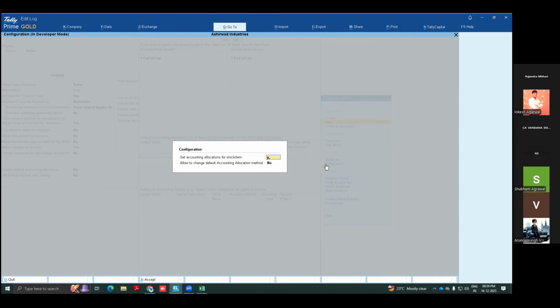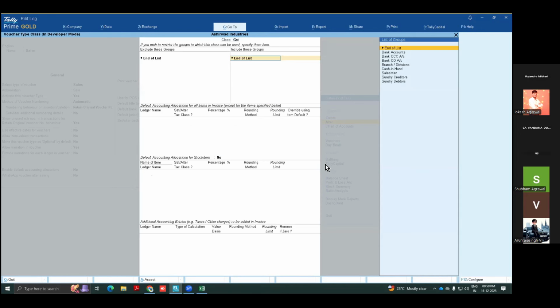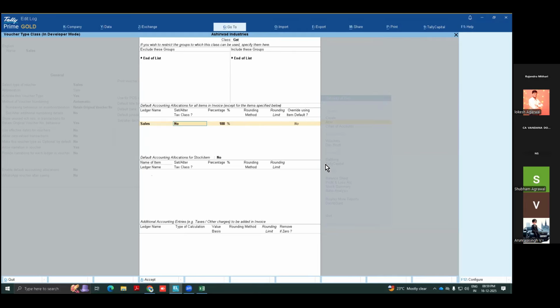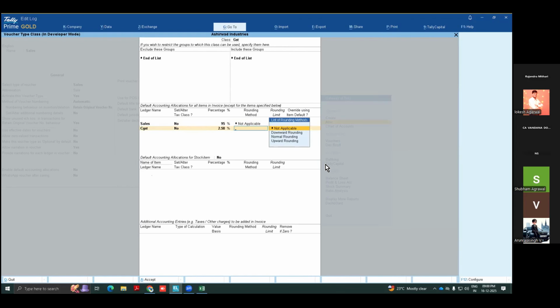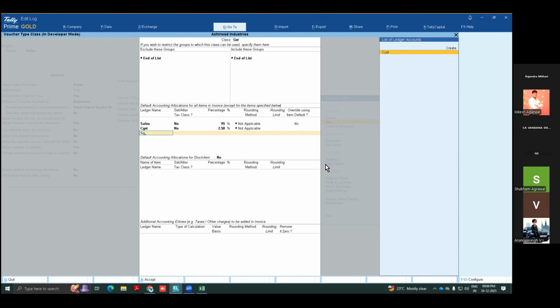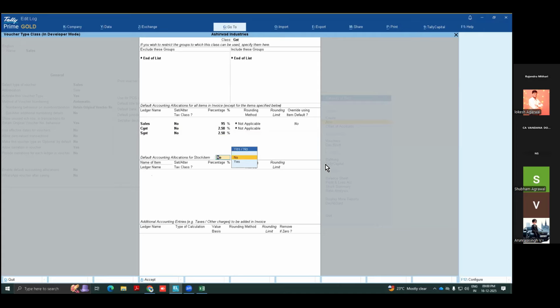This is the option. Always set it to yes and enable this. And here you can see they are doing it this way. Suppose the ledger name is there, and you are going to change your percentages. So 85%, something is calculated there, 86.4, whatever. And suppose my company has only a 5% GST rate. So I can do it this way: 95 and 5%, for 2.5 CGST, 2.5 SGST. So this type of settings they are doing, and this is how they are working on these types of calculations.